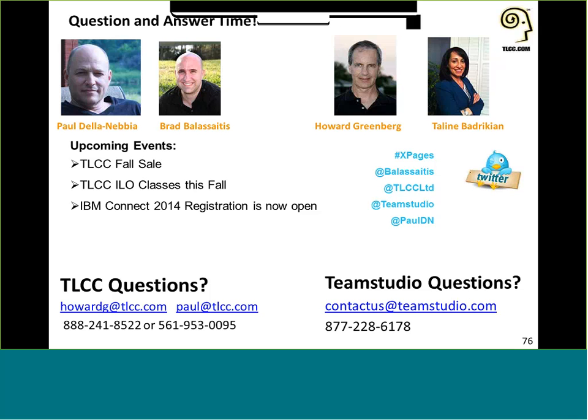Go ahead, Brad. I believe I've also noticed that if you're talking about the application properties where you can choose a theme, in 8.5.3 and earlier, that list is not pre-populated. It's just whatever you've already used plus any theme documents that you have in the application. But I'm pretty sure I've noticed with R9 that it does give you that full list to select from automatically. So that seems to be just a little improvement that they've made, making all those available to you to select from the list.